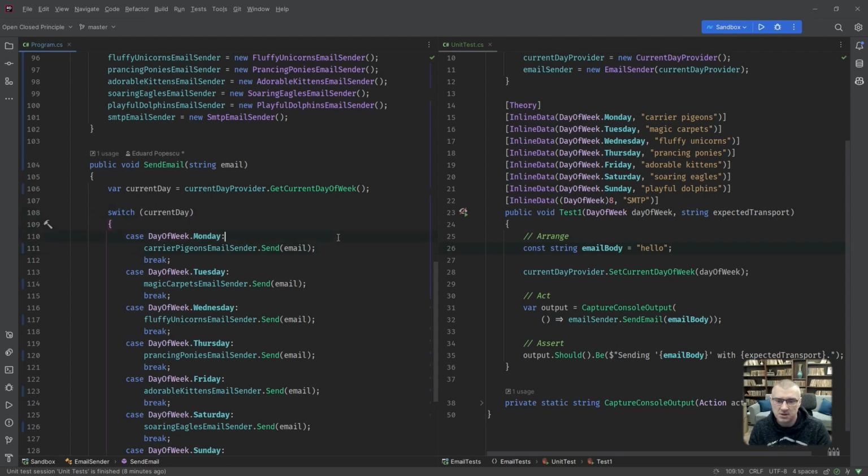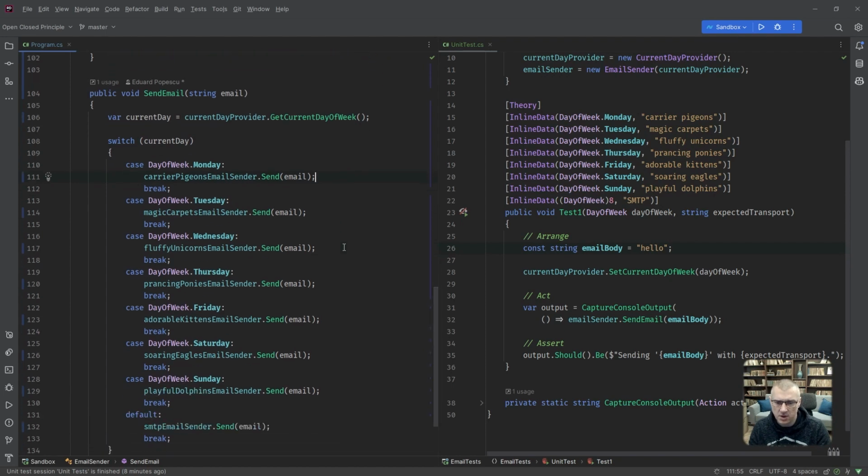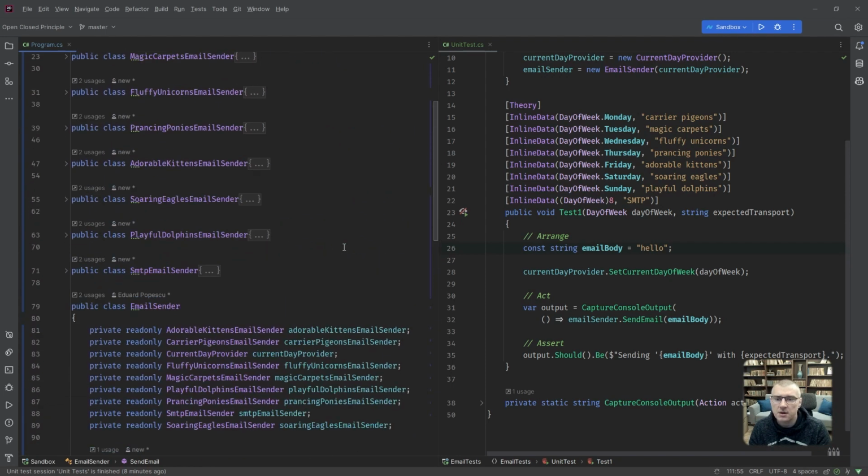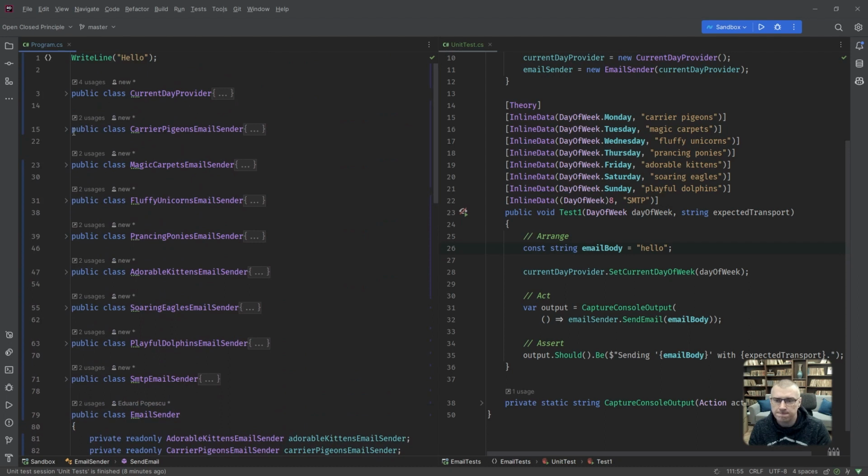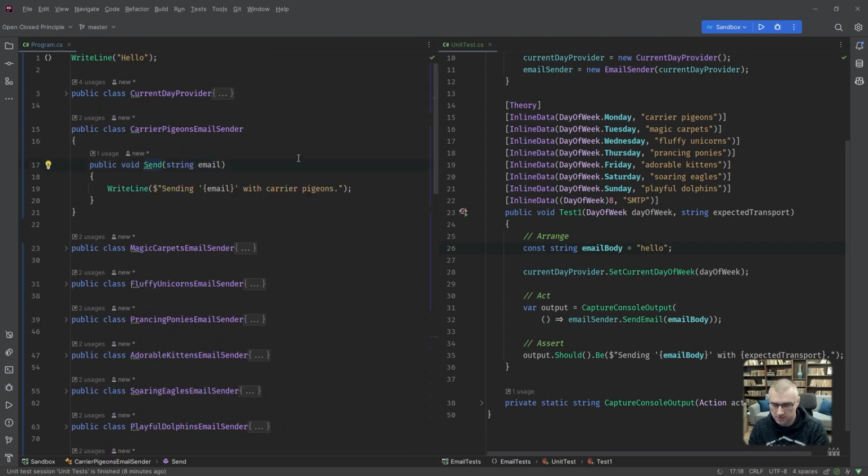Okay, cool. Let's see what we can do. So I'm going to extract interface, IEmailSender, right?